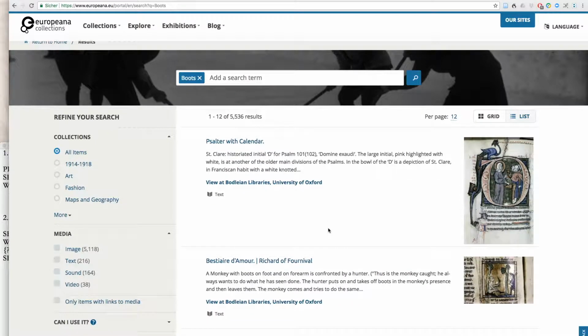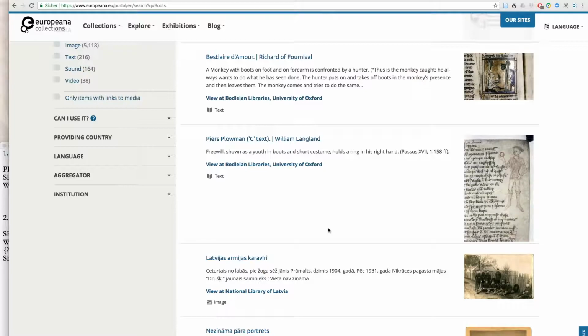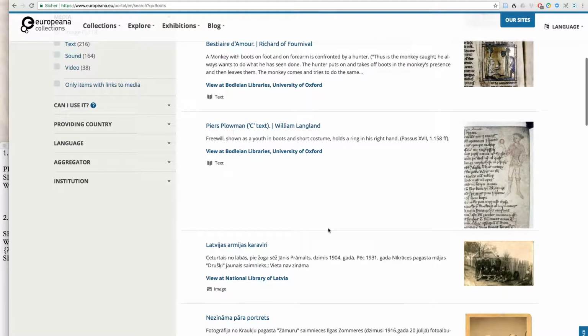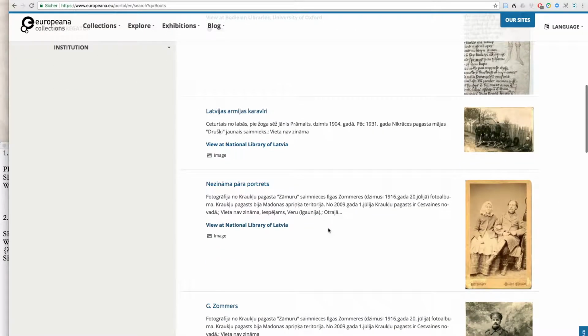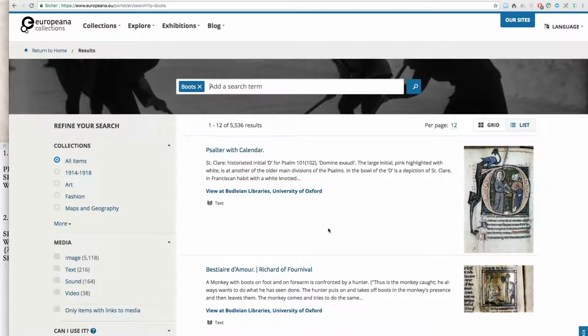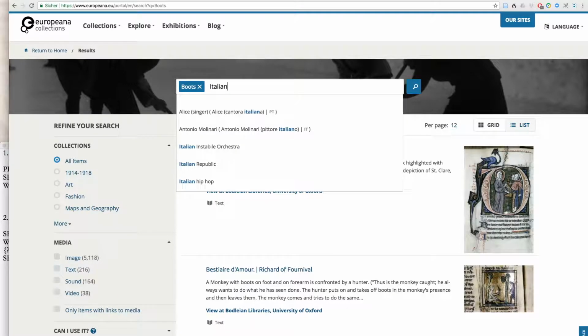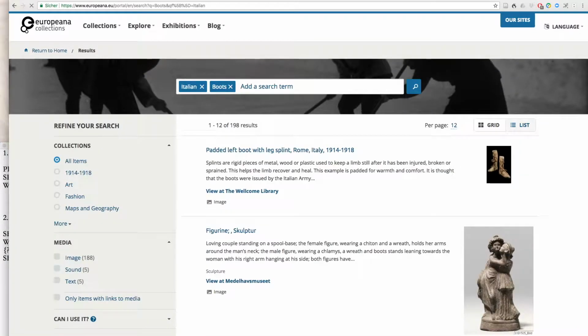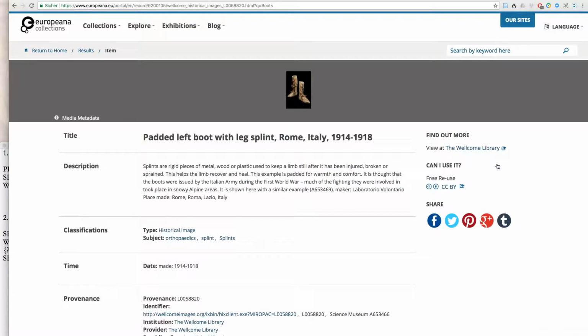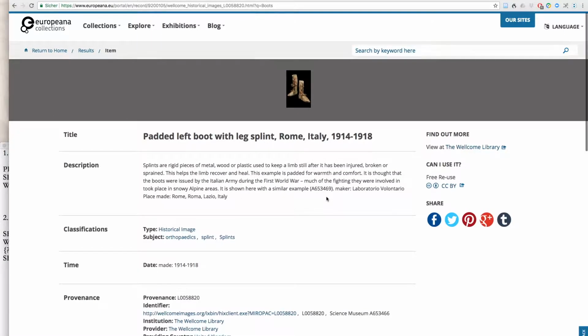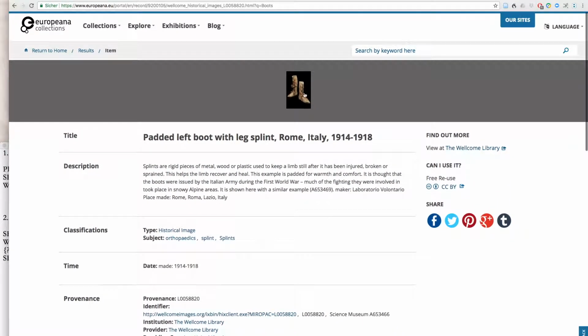The search function on Europeana is something I don't need to introduce to you much, because you will have seen that. It looks basically like a library catalog, works very easy, very intuitively. You can also chain search strings. For example, you want to say, I'm interested in boots, but I want only Italian things. So, for example, what we can find here is actually a 3D scan of Roman boots from an Italian